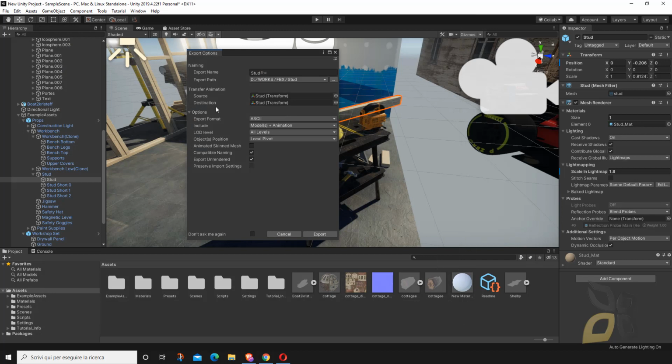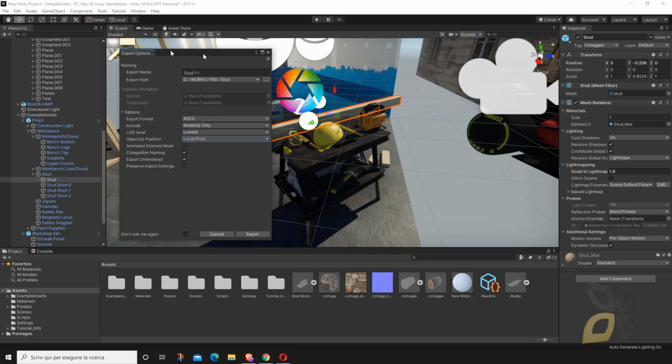And also we have some options here. I think the best one is binary, but you can maybe do some tests. Let's leave everything as it is. Well, actually, I don't want animation here, so just models, and I want the level of detail the lowest so it's gonna be quicker, and local pivot, not world, so it's gonna be centered on the pivot.